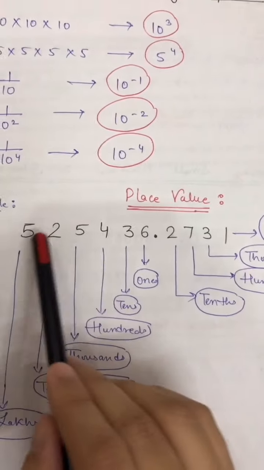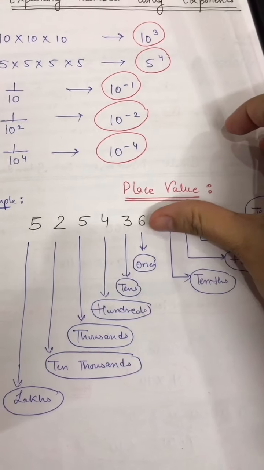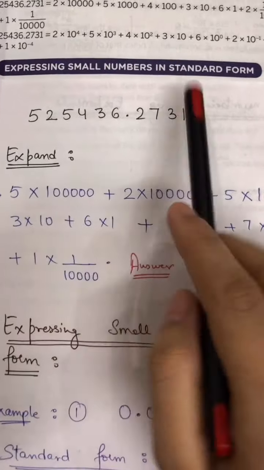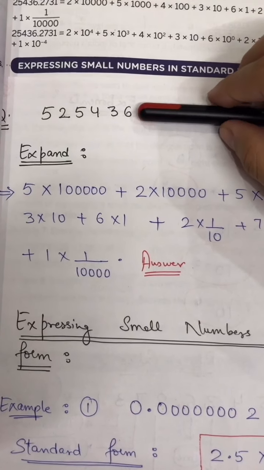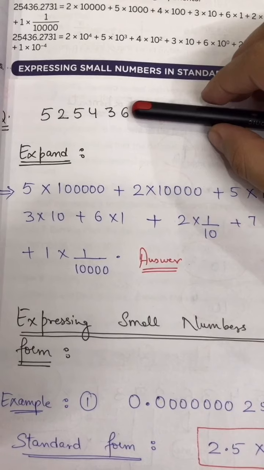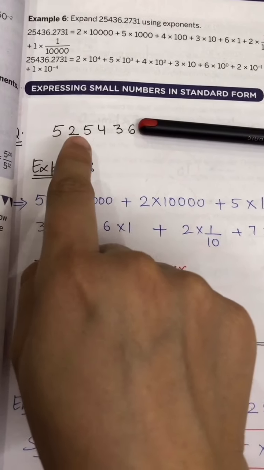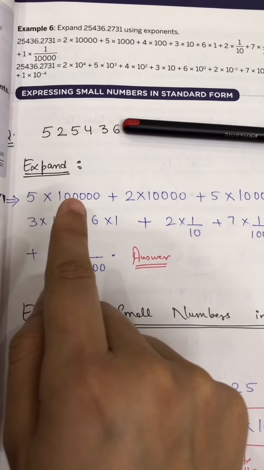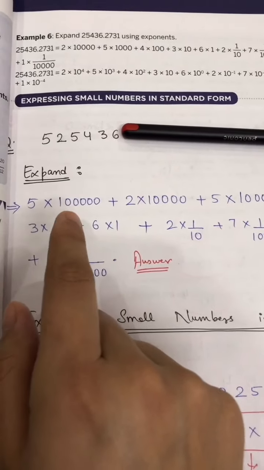Now I'm going to write this example in the expanded form. Before decimal you know very well how to write in the expanded form. First of all see before decimal. Before decimal we are writing in this way. 5, after 5 how many numbers are there? 1 2 3 4 5. So 5 multiplied by 1 2 3 4, means 10 with 5 zeros. 1 and 5 zeros.